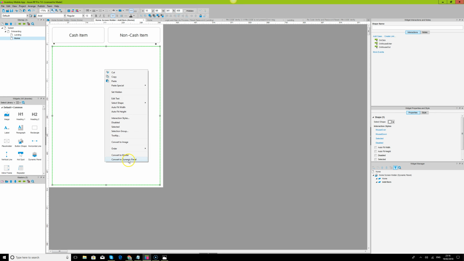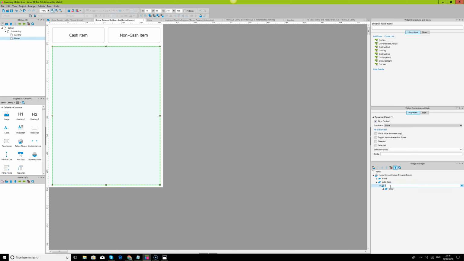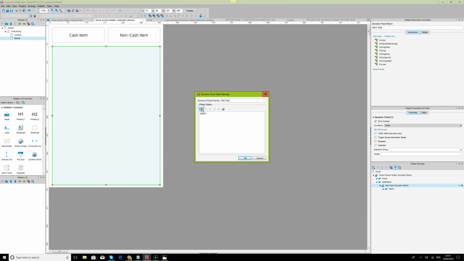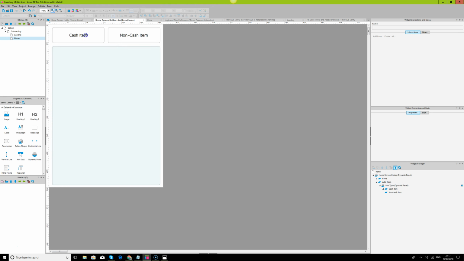I'll just duplicate this dynamic panel so that we can have it. So I'll say item type, and we can say non-cash item and cash item. So we save that. Once the user clicks cash item, we will show that as well. We can give this button a name, cash item BTN,